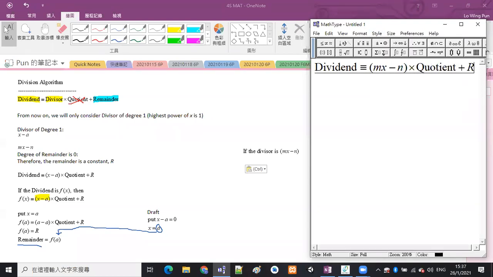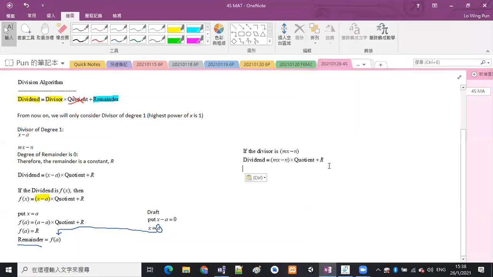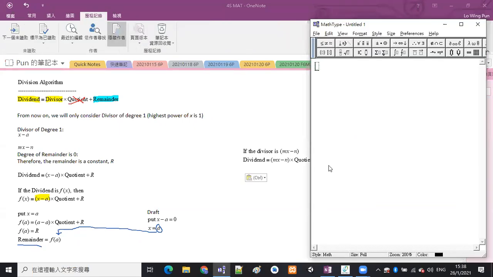The remainder is still equal to a constant, okay, just a number, because the degree of the divisor is still equal to 1, okay。好啦，嗱，跟住如果咁嘅話，又係啦，如果 the dividend